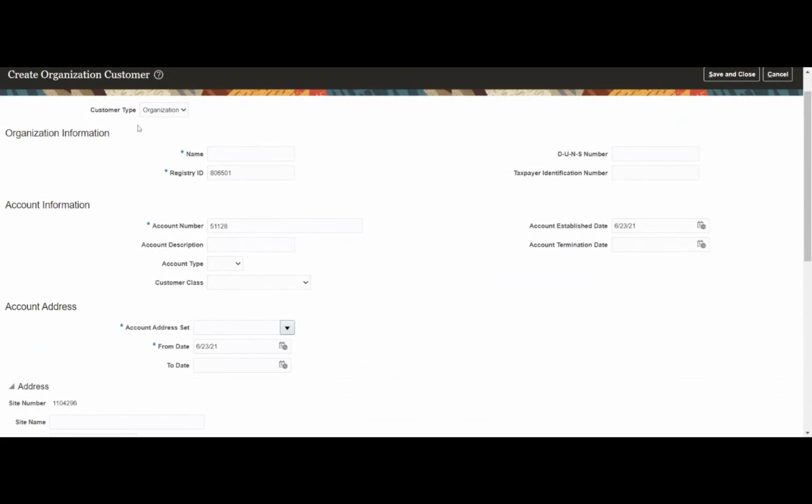Okay, and then we have two different types of customer: it could be an individual or an organization. Firstly, I'll create the organization, let me say customer.